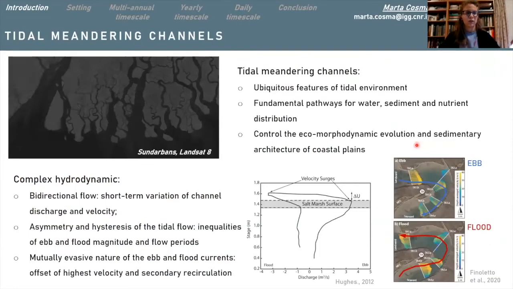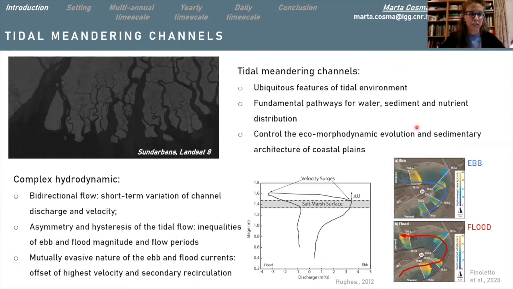So tidal meandering channels are ubiquitous features of the tidal environment. They are a fundamental pathway for water, sediment, and nutrient distribution, and they control the ecomorphodynamic evolution and sedimentary architecture of coastal plains. The tidal meanders show really complex